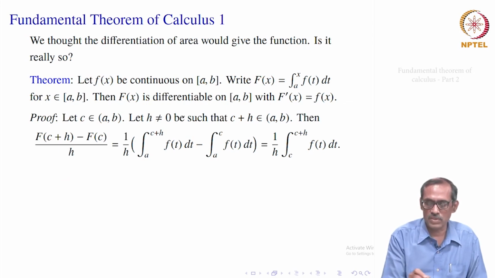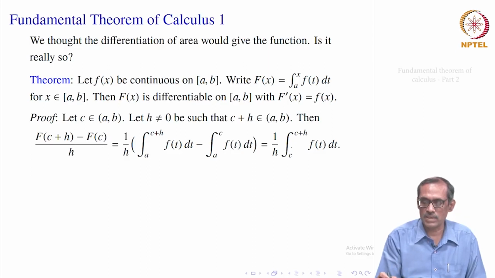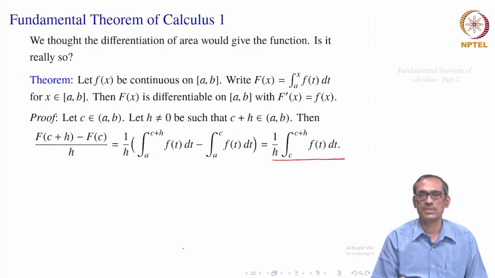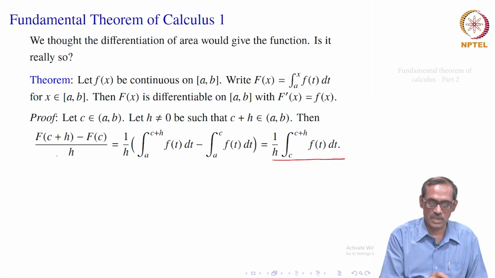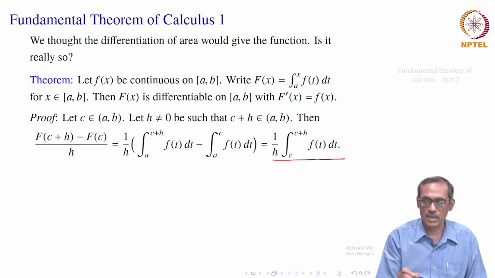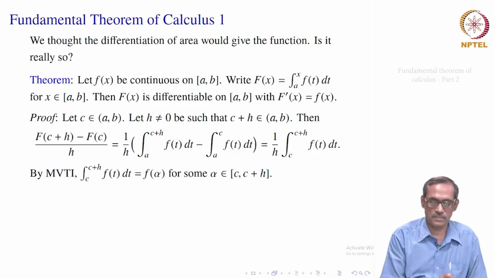So, we try to compute what this exactly means in terms of the integral. Now, F of c plus h equals integral a to c plus h f of t dt, and capital F of c is integral a to c f of t dt. So, we subtract them and divide by h. Now, due to the property of the integral, it is a to c plus h minus a to c. So, if you subtract, you get c to c plus h. So, we write 1 by h integral c to c plus h f of t dt. So, this is thus the ratio, and we are interested in finding the value of this expression, 1 by h integral c to c plus h, when h approaches 0.